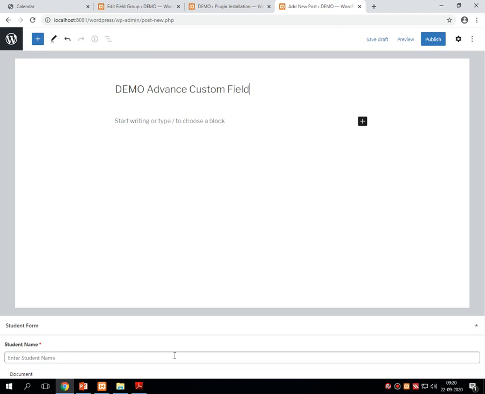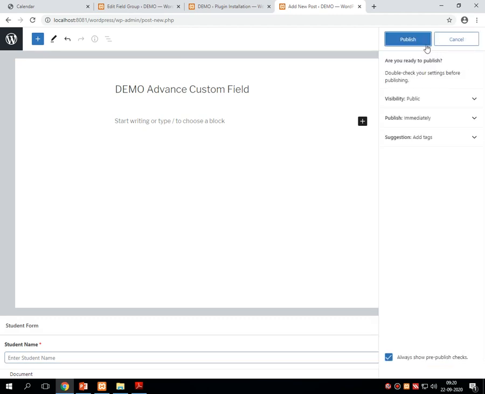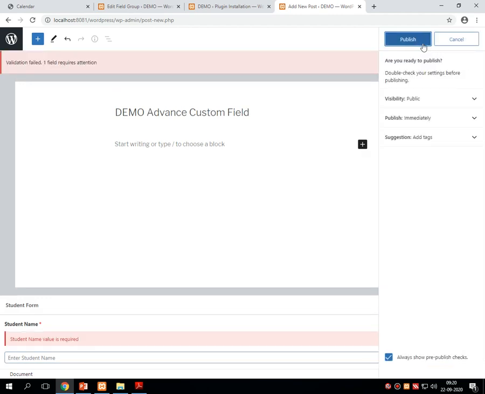Automatically one field with a text box is added, where there is a content placeholder, enter student name, in this form. Clear? So I am just publishing this particular post. Let me publish this post. I have updated the version of WordPress. Even you can update the version of WordPress now, because in further lectures I am going to demonstrate the entire thing.